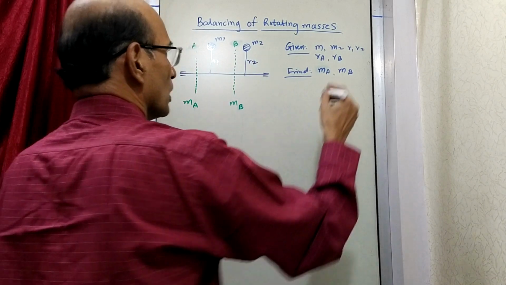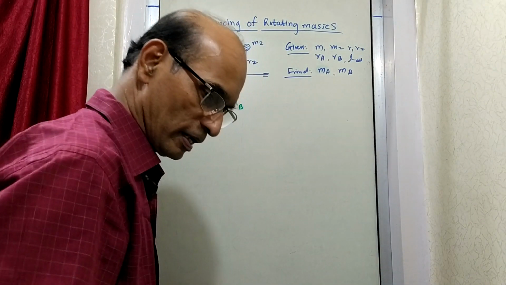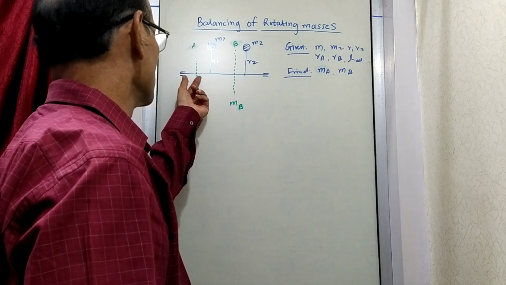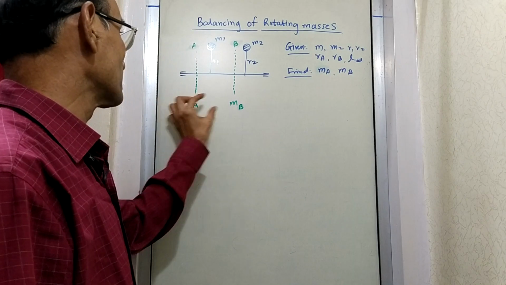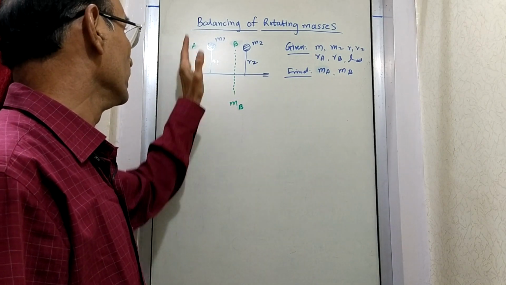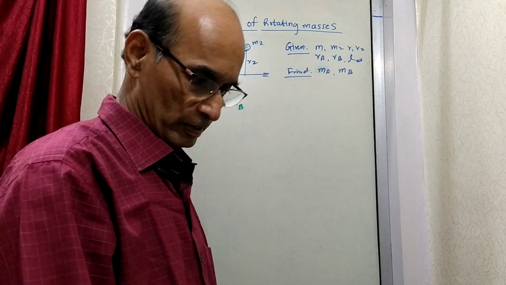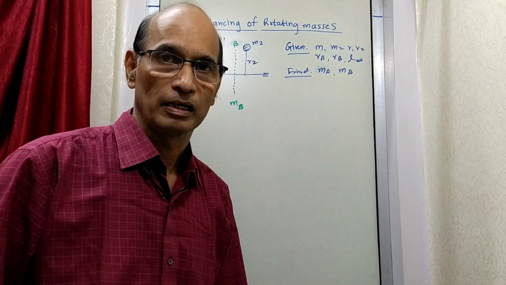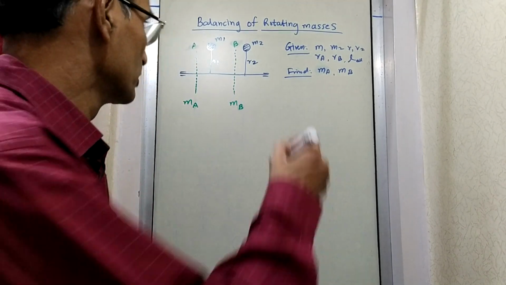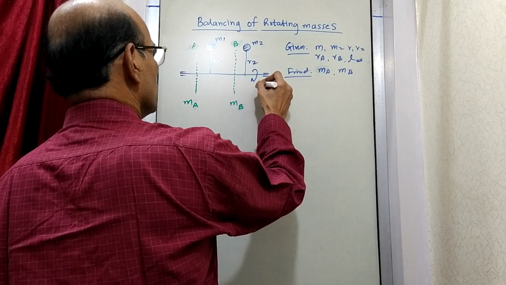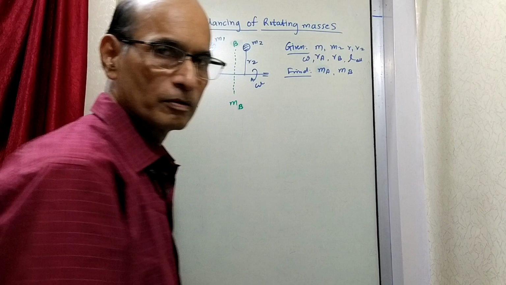Okay. So I just write L. All the L distances are known to us. How much is this? How much is this? Everything is known. Only the balance masses, MA in this plane, how much? MB in this place, how much? That is to be found out, by making use of whatever is learnt earlier. Now see, this is how this is done. There is of course omega, but omega is not required, so I have not mentioned it here. Even if it is given, it will not be of any use.